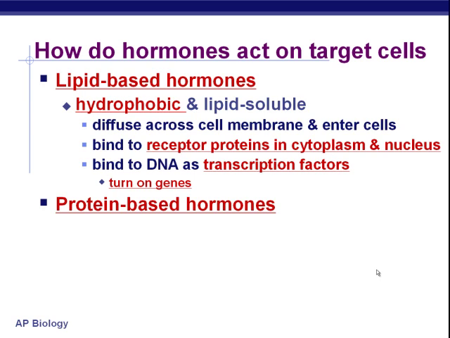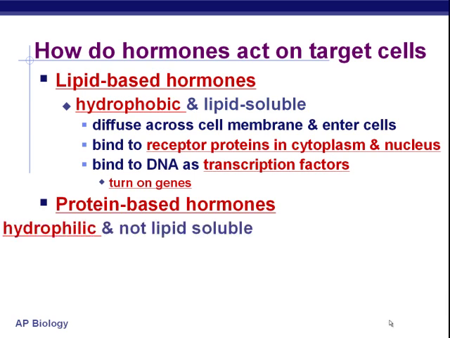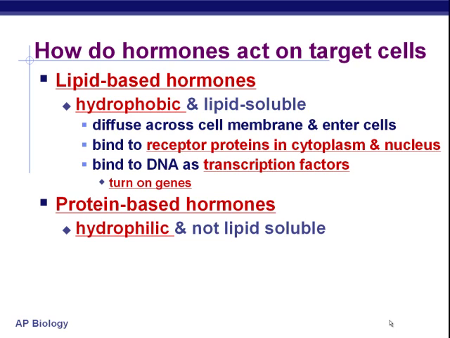And usually this is having to do with making a gene, at the genetic level, at the DNA level, get activated or not. Protein-based hormones are different. Most proteins are polar, generally speaking. They can't cross a cell membrane. If you'll remember, hydrophilic things get hung up with those phosphate heads in a cell membrane. And so proteins would do that, and they cannot get into the cell.